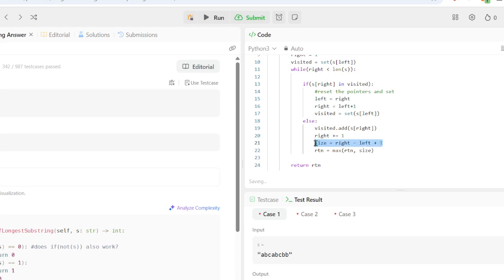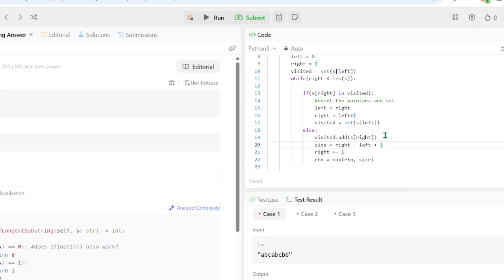If we do this before this right plus 1, because if we do the right plus 1, it'll cancel out of the while loop, if I'm correct, immediately. But we want to update the size. Okay, so let me run through it. If our string is AU, I'll write it on this paper. L starts there, right starts there. So while right is less than length of S, yes.